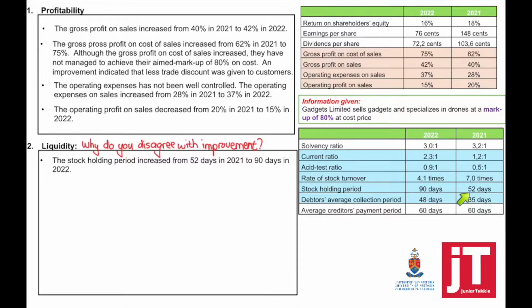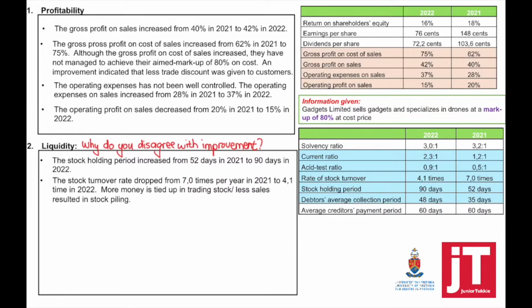It increased from 52 days to 90 days, which means that we're keeping our stock for longer. The stock turnover rate dropped from 7 times per year to 4.1 times. So again, we're keeping our stock for longer and it's taking us longer to sell our stock. When we're looking at the current ratio and the asset test ratio, we can see that there's an over-investment in